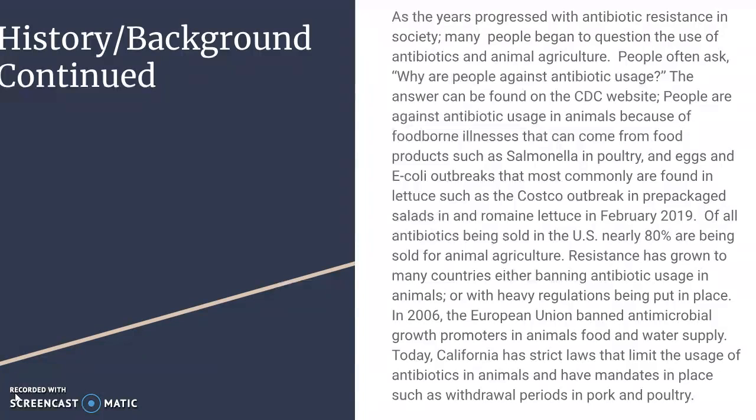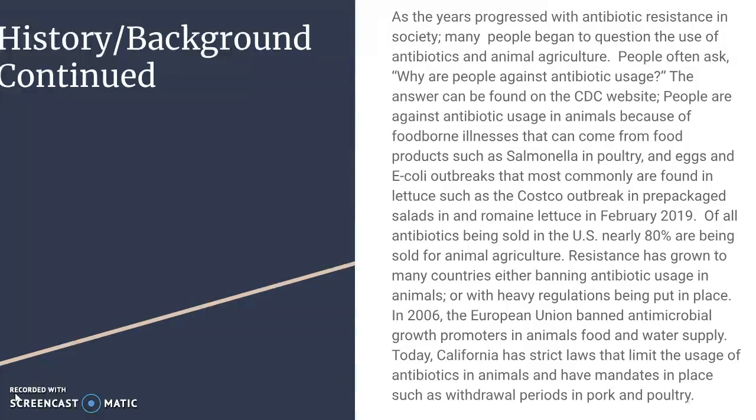History and background continued. As the years progressed in antibiotic resistance in society, many people began to question antibiotic use in animal agriculture. People often ask, why are people against antibiotic use? The answer can be found on the CDC website. People are against antibiotic usage in animals because of foodborne illness that can come from food products, such as salmonella